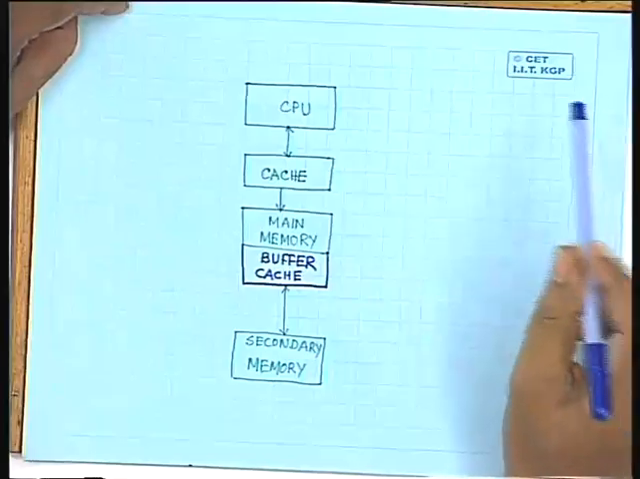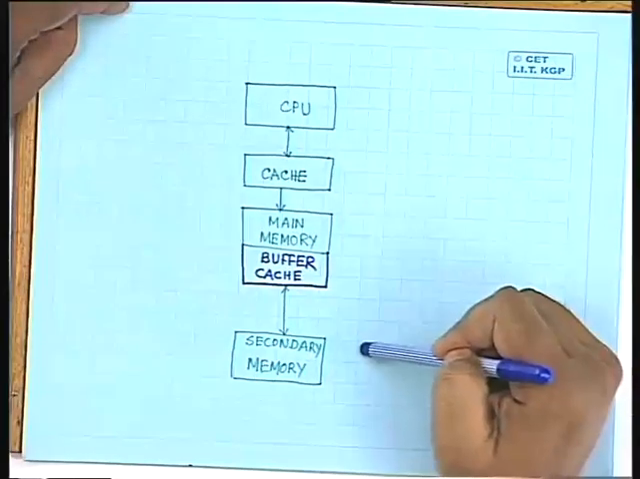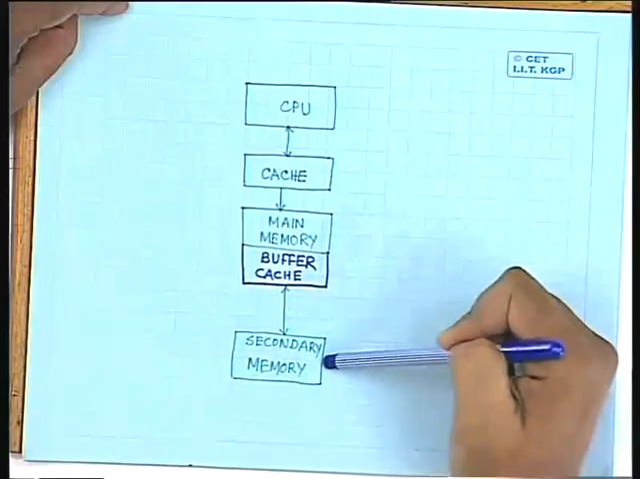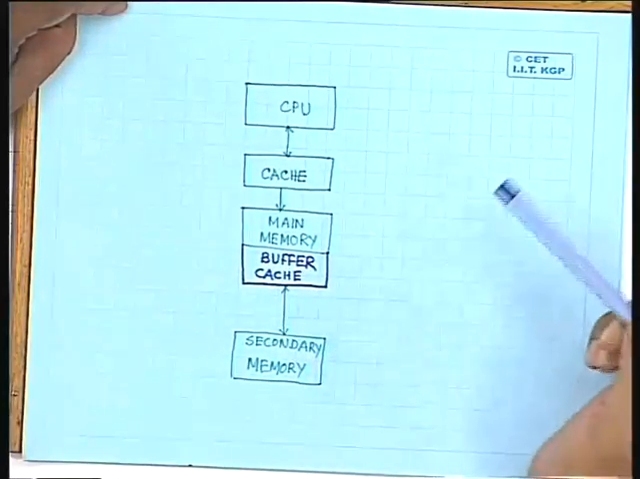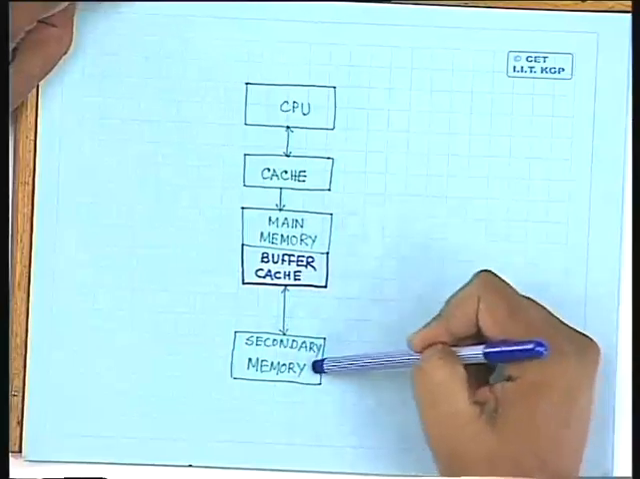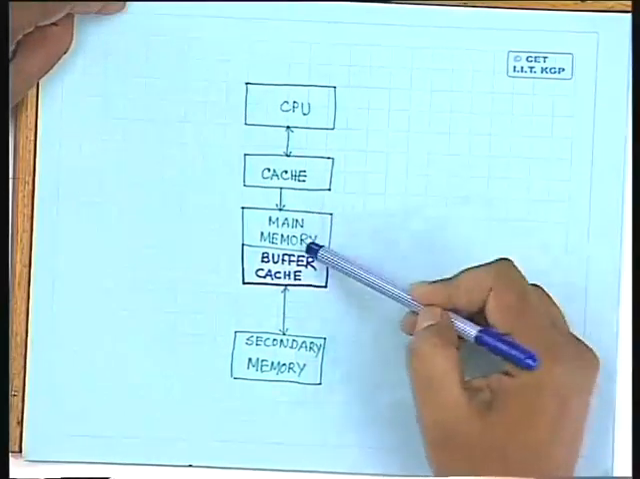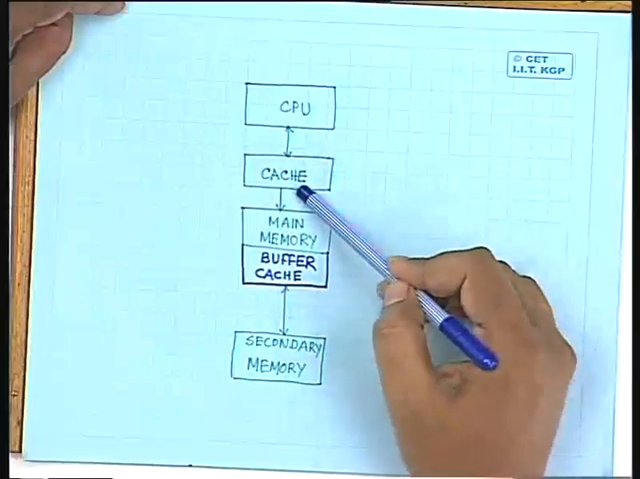Okay, so in the last class we started our discussion on buffer cache, and we said that memory is basically organized in a three-level hierarchy. At the lowest level we have the secondary memory, which may be hard disk, magnetic tape, floppy drive and all those things. At a higher level we have the main memory, and at a still higher level the cache memory, which has